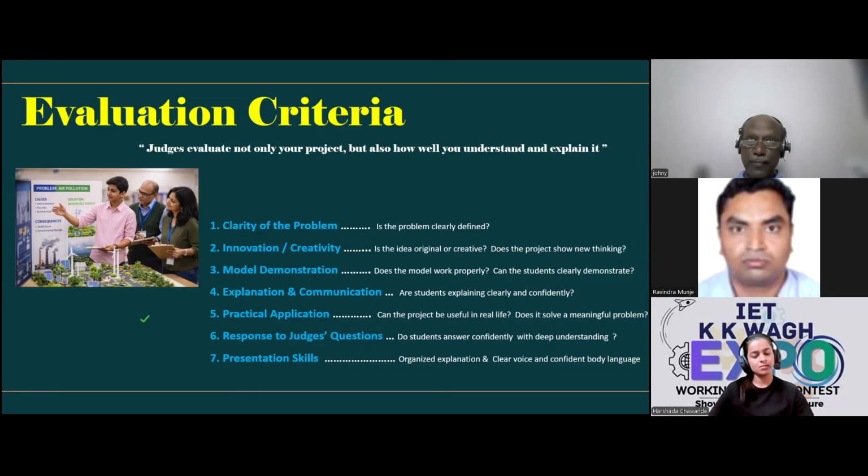The questions are going to be random because generally, three judges are there in a stall. So each one is going to fire questions. If you are not able to answer confidently,